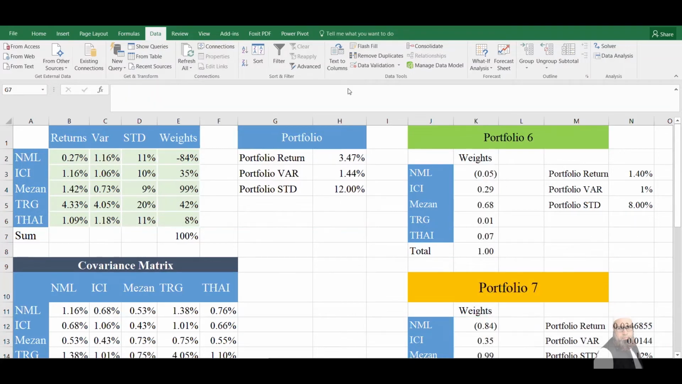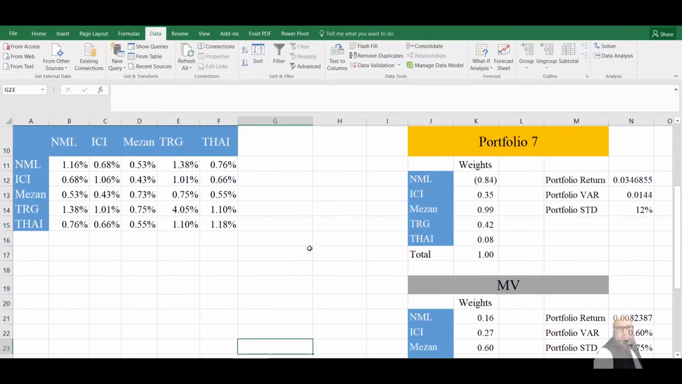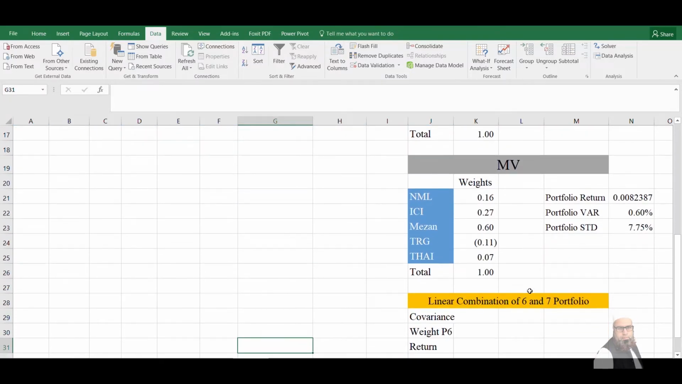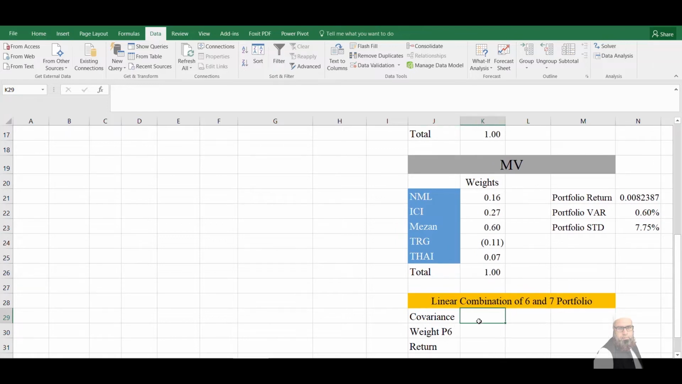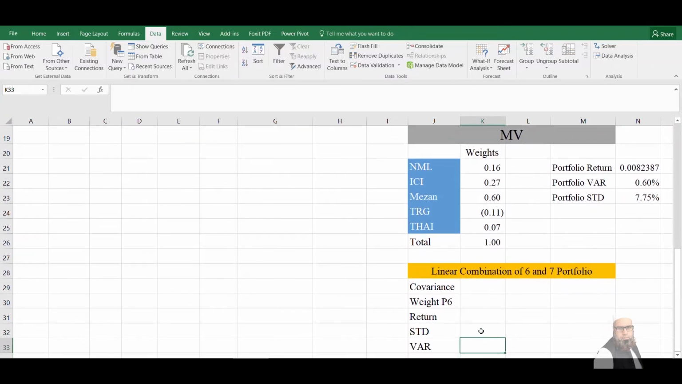portfolio 7. After computing portfolio 6, 7 and minimum variance portfolio, I will create another portfolio that will be the linear combination of portfolio 6 and 7, and I will compute the variance, weights and risk and return for that portfolio. To compute the covariance between portfolio 6 and 7, again I will use MMULT function